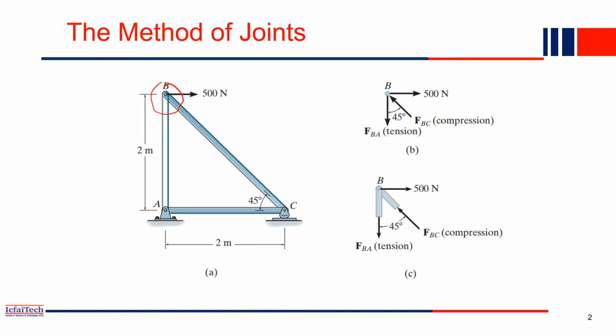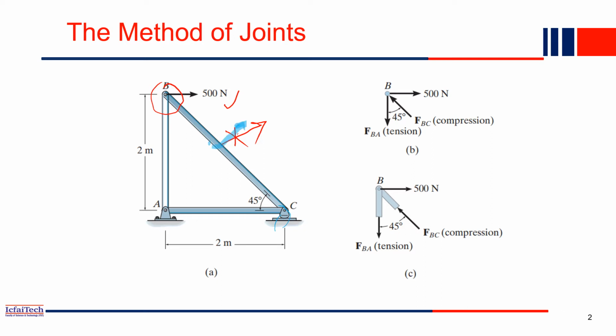One more thing you notice is that whenever we give any load in a truss, that load is always on a joint, not on a member. Because if you give a load on a member, then what will happen? It will create a bending moment, but all the joints are actually pin joints, so they cannot take moments. So that is the difficulty. That's why in a truss, loads always act at a joint, not at the mid center of the bar.